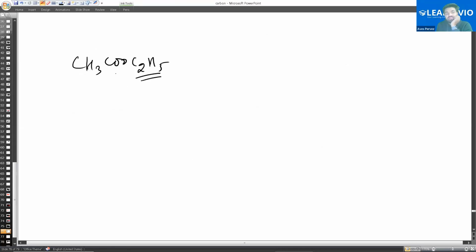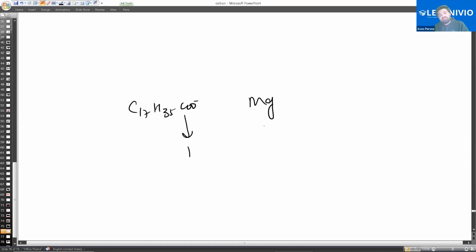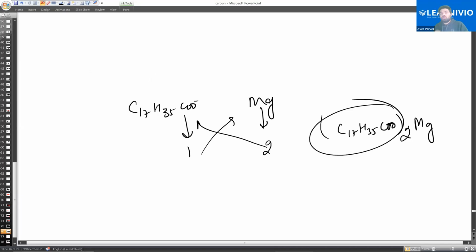Okay, this is a very long carbon chain. For example, if I have any detergent like CH3COO, and this is a long carbon chain like C17H35COO minus, its valency is still -1. If it reacts with magnesium, it will form (C17H35COO)2Mg. This is a very huge long carbon chain, double of 17, 34 carbons. So it will settle down, because this time it will not dissolve in water, as it is a very huge carbon chain.